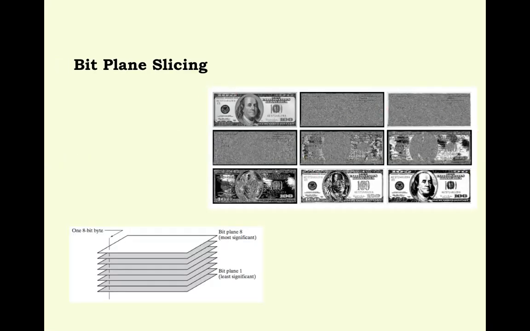This is the original image and these are the 7 layers. It is the base, the LSB. LSB means it is also a layer. So it is 0th, first, second, third, fourth, fifth, sixth, seventh.